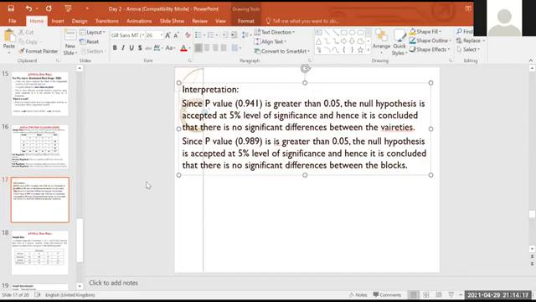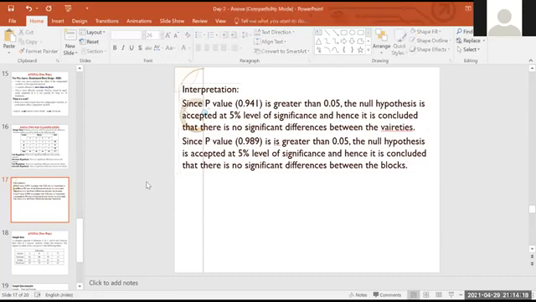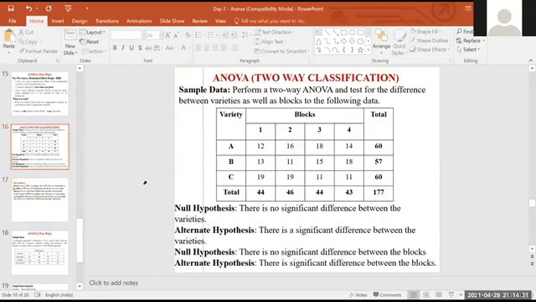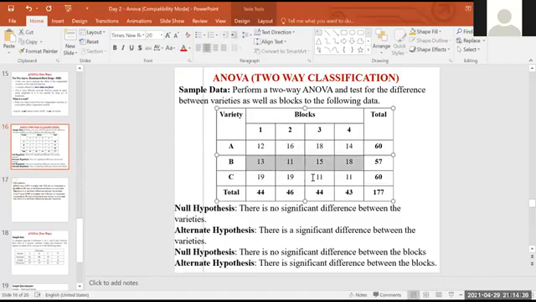Okay, no problem, ma'am. What I told is, when you are typing the data horizontally like this, you are entering 12, 16, 18, 14, 13, 11, 15, 18. If you are entering like that, for the first four values in the variety column you will give 1, 1, 1, 1. For the next four values you will give 2, 2, 2, 2, like that.